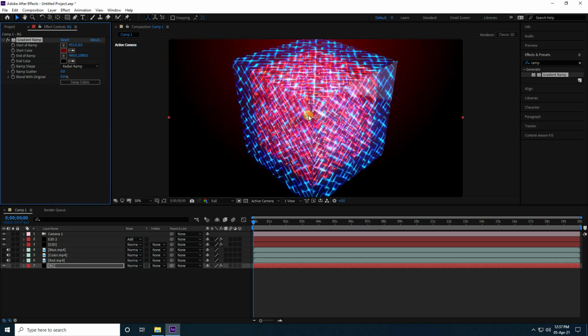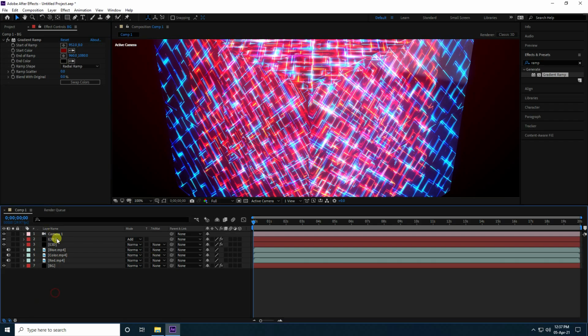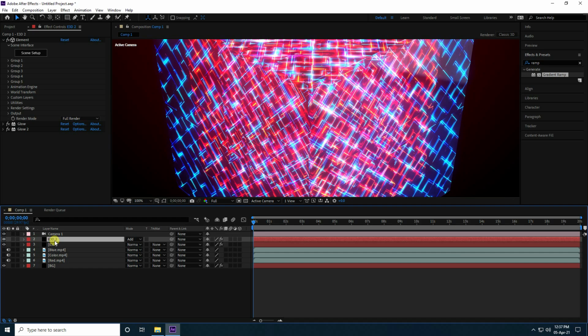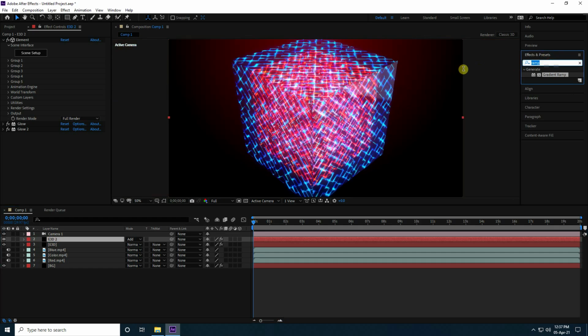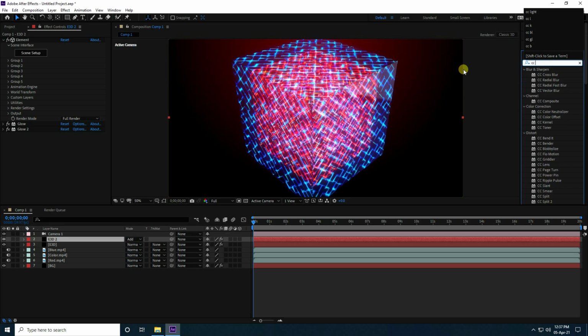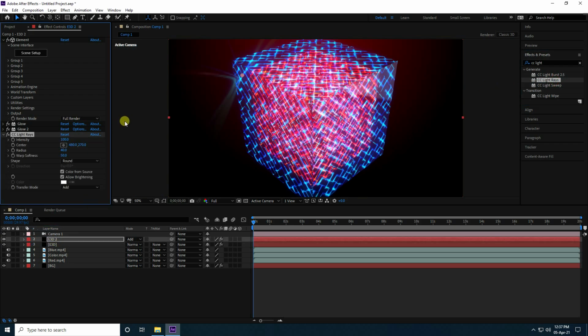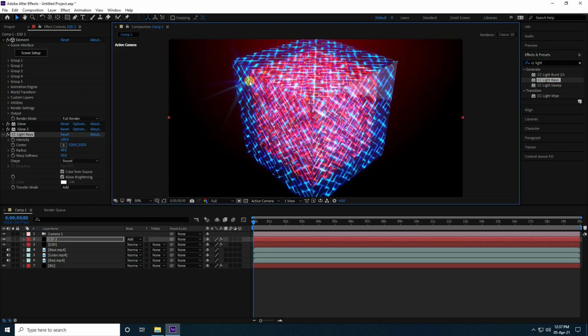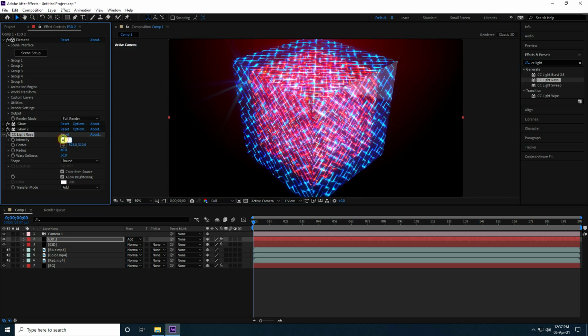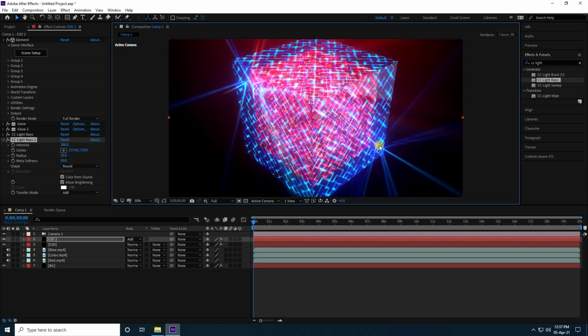Yeah, that's it, right? Okay, so now select this E3D layer, and this time I apply a light effect and take CC light ray. Select the CC light ray and apply on E3D 2. Yeah, and go on here like this. And guys, intensity I like 300. Yeah, beautiful. And radius 50. Yeah, and select this CC light ray, duplicate, and go on the left side. Yes, see guys, that's a really awesome light effect, right?